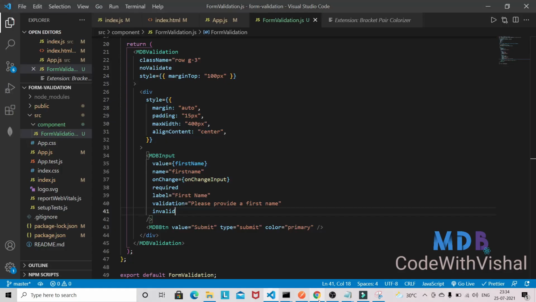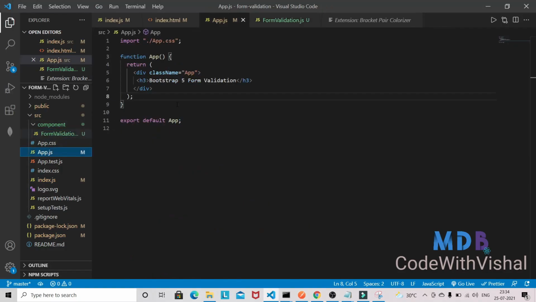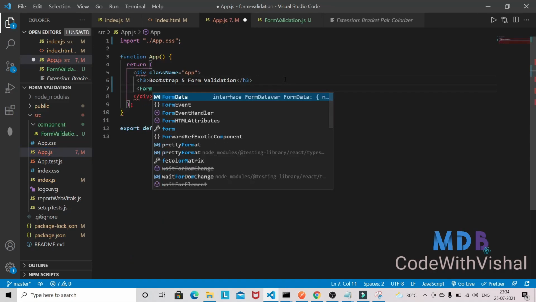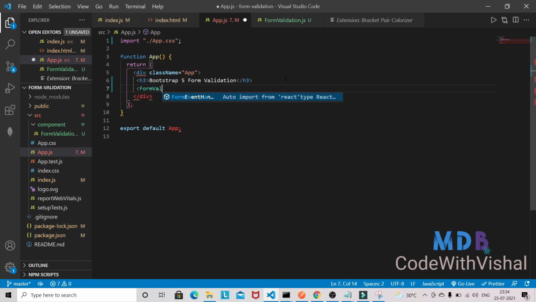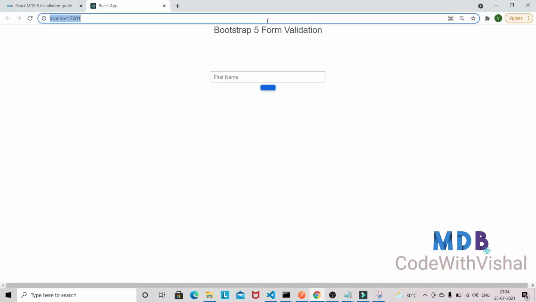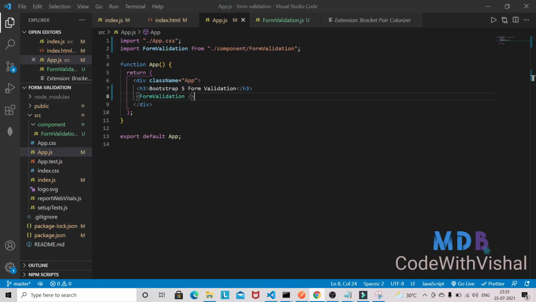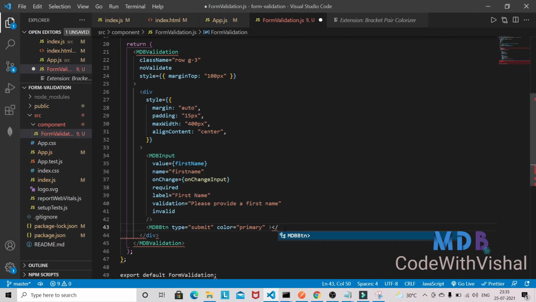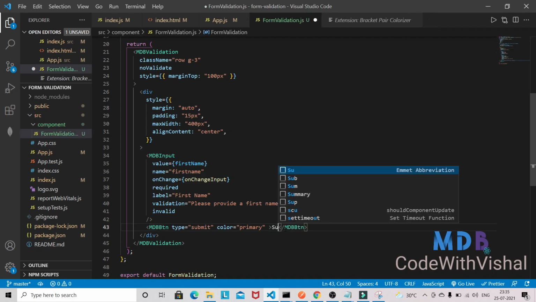Okay, we need to also bring this component in our app.js. So bring it here, form validation. Okay, so we have some issue. Sorry, in this way we cannot give the value. We need to give like this way, submit.